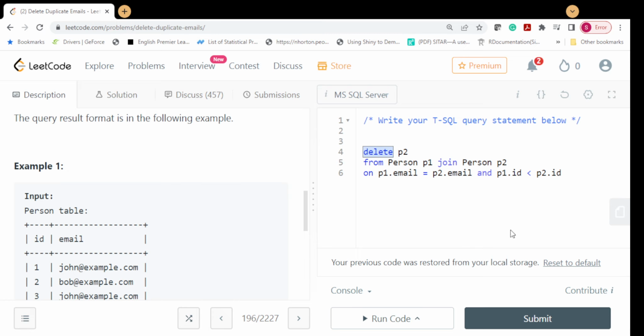Okay, so there's another way to do this, which is without a join. So let's try to do it without using a join. The delete syntax will be the same: delete from the Person table. Let's give it an alias p, and instead of Person we can write the alias here, p. Then where id